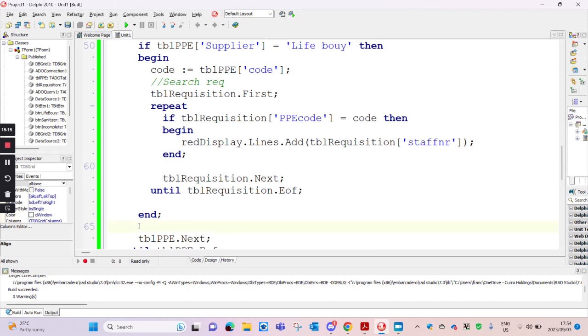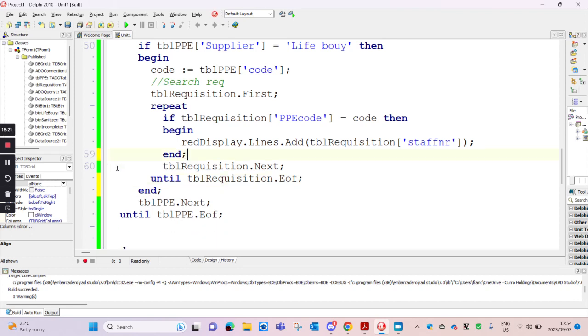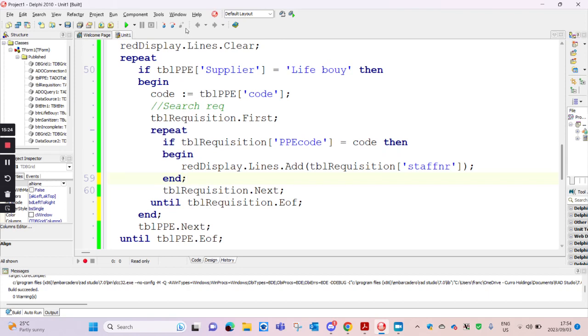If I just gave you the answer and you just had a look at this, you would think, oh, this is crazy, confusing, because if you just look at it globally, we're working with PPE and then PPE again, and then requisitions and then PPE again, and you think, oh no, this is crazy stuff. But that's why you just build it up. As I said, this is one of the most complicated code constructs you can get in the grade 12 final paper. So if you understand this, you can help the grade 12s a bit if you wanted to understand how the code construct works. Any questions on